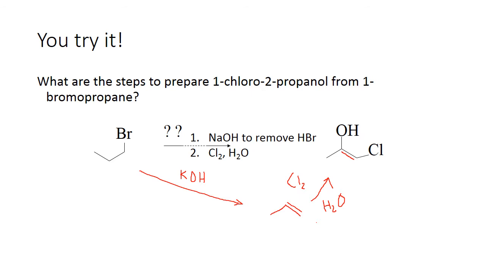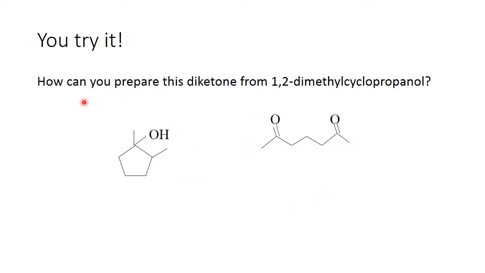So I take 1-bromopropane and treat it with potassium hydroxide. So what would be the product of this reaction? The product of this, the reagents that I would need to do this reaction. Well, what's given here is sodium hydroxide, same thing as potassium hydroxide. Okay, so just now what we're going to do is try to prepare the chlorine and water that I would need to get that from